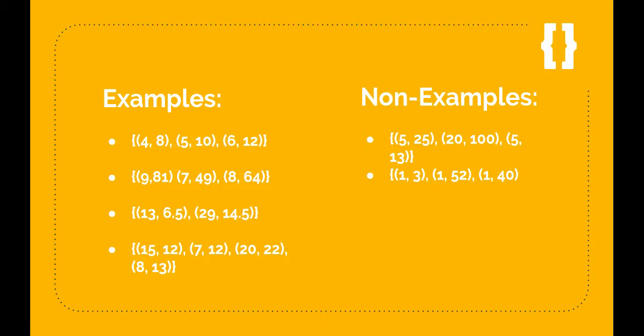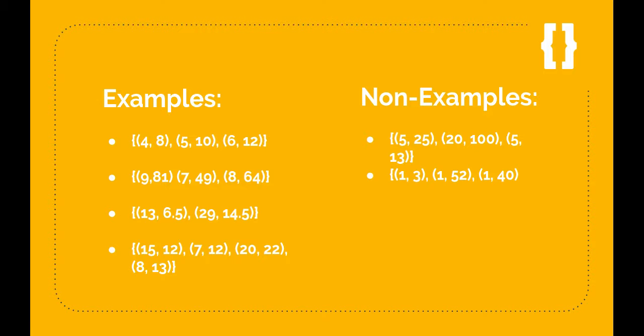Looking at the other examples, you can see that they can have decimals. You can see that they can be big numbers or small numbers. And then also the last point under examples, see how every single input is different, but the output can be the same. So 15, 12 and 7, 12, for every input, it has to be a unique number, but the output can be the same number. And that's going to be important to remember later on, because